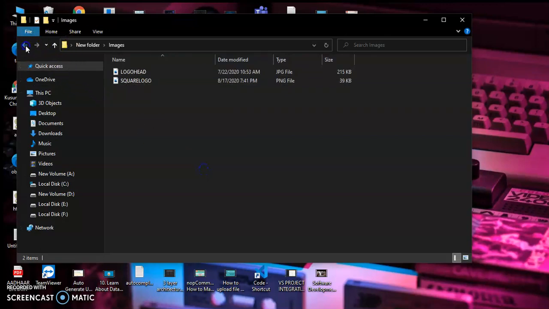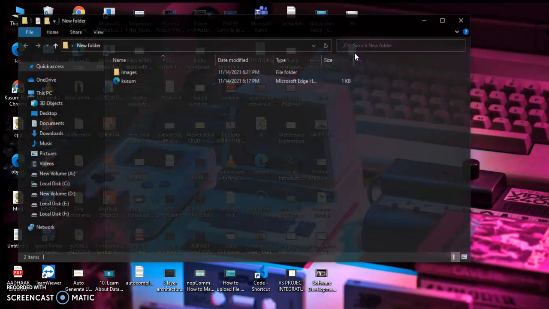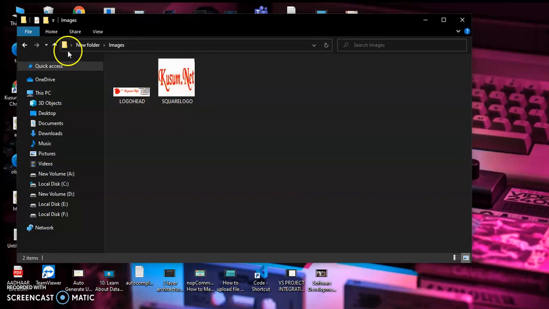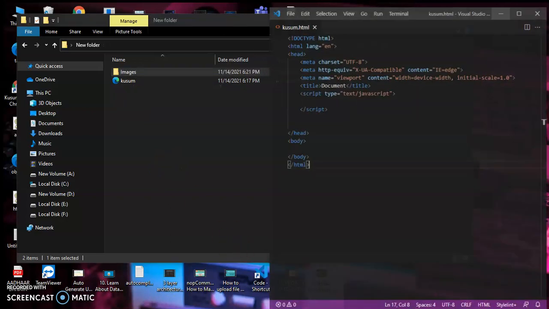So on the desktop I have this new folder, and inside of it there is an images folder with two images, and I have created one kusum.net HTML file. I will open this kusum HTML file in the code editor.